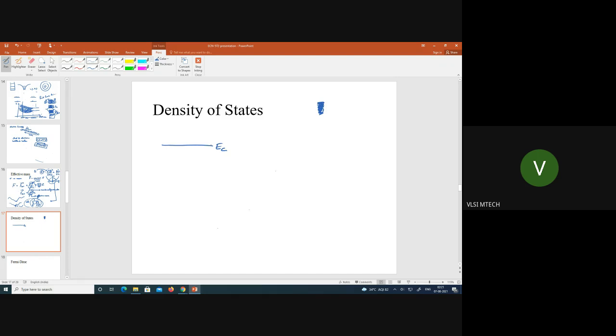So what we can do is, in this conduction energy band, if I try to find out, I can do this. Say I take this much energy gap, this energy window, this delta E, and I say how many